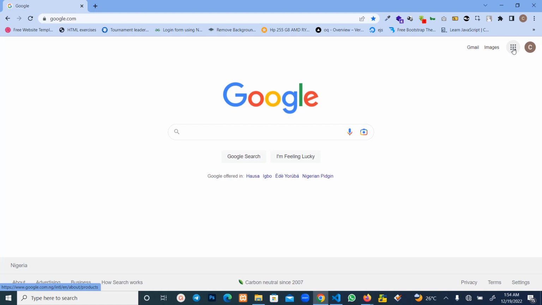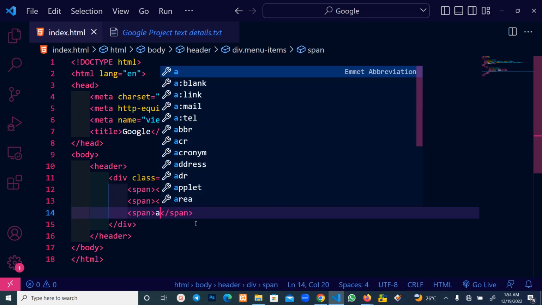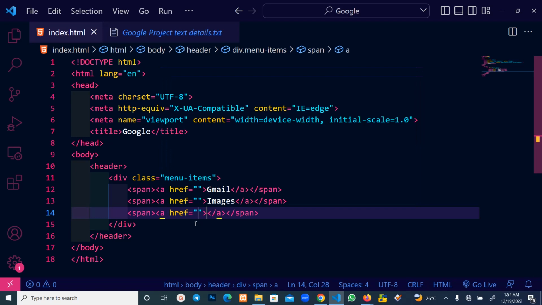Later I'm going to change it for us. So let me just put span. So span, then A again. So it's going to contain the menu icon. So the menu icon was given to us in the code, which is